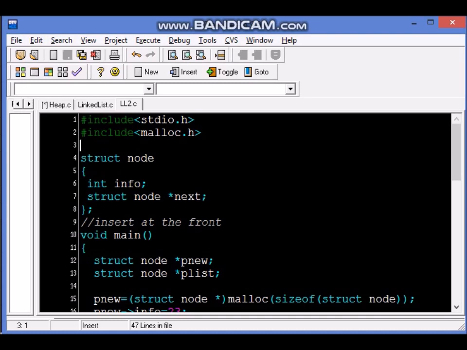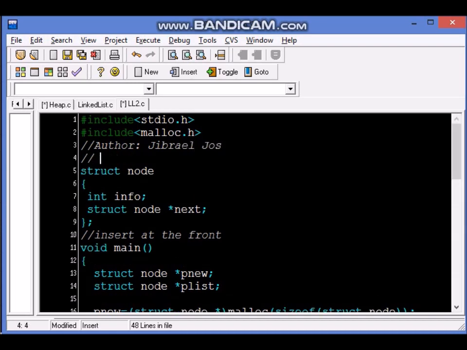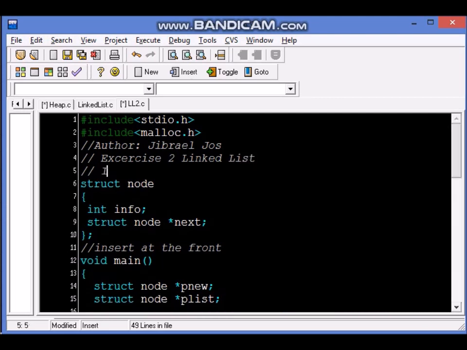I suggest that maybe you can add comments on the top. You can write your name as the author in each code you write, and maybe a small description like this is exercise 2 of linked list, and the purpose is insert at the front.